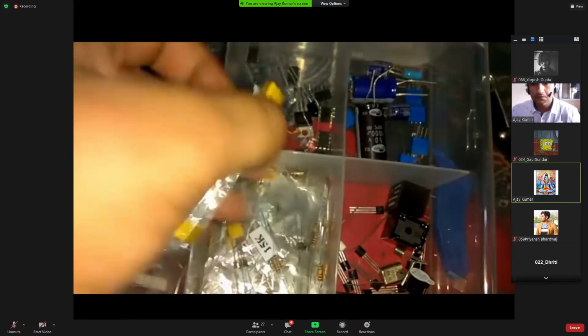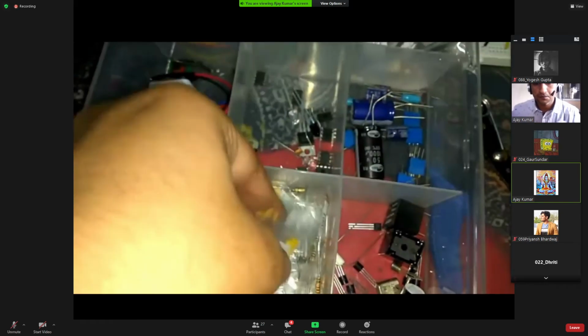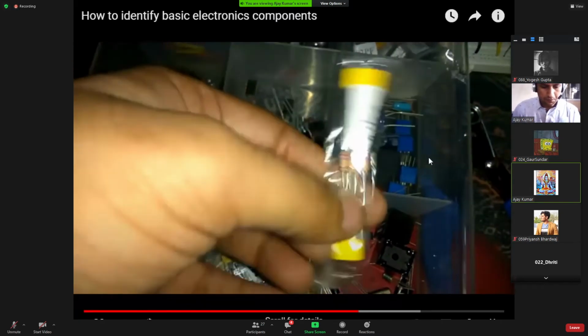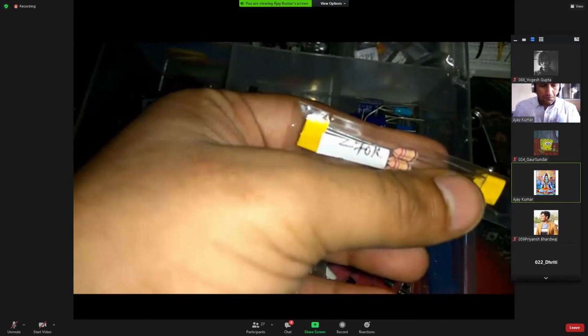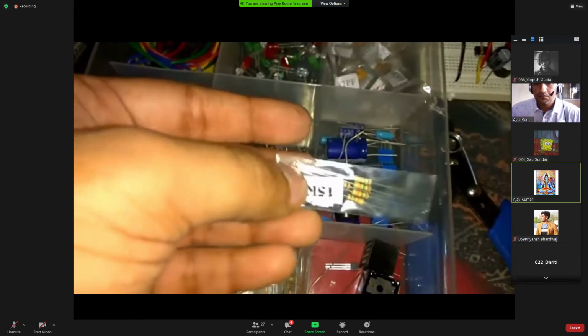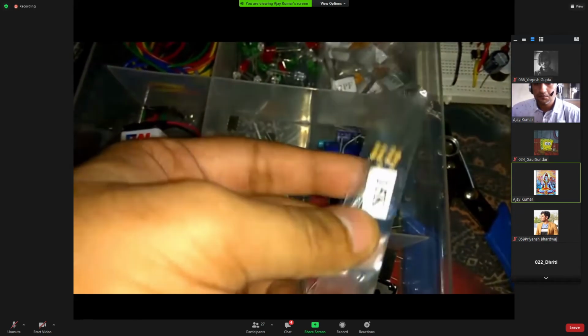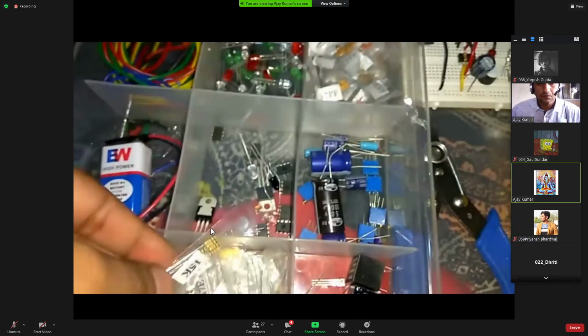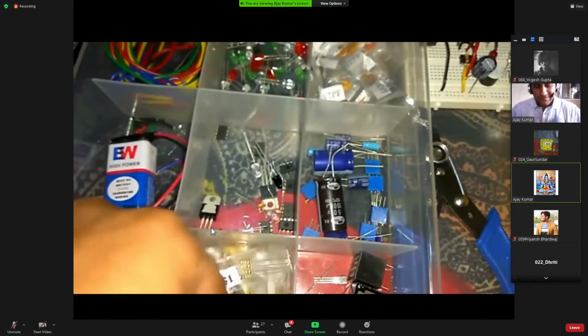Okay, these are resistors. Like it is written, I think, 15k, which means 15 kilo ohm. See the color coding. If it is written by